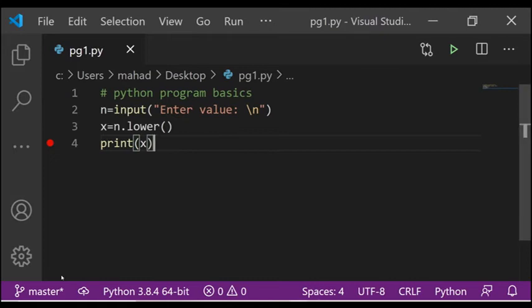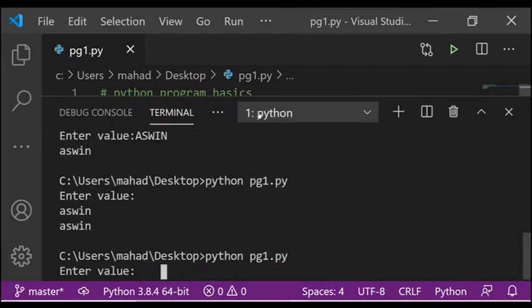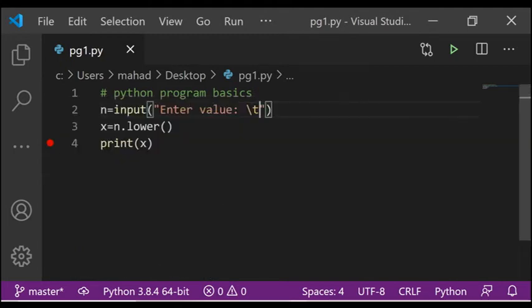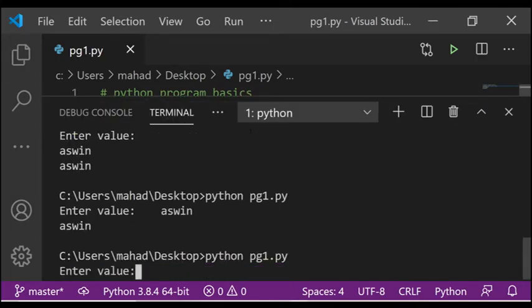So like \n, there is also \t which will tab a value. See, after enter the value there is a tab space here. This can be used in strings also. And \b is used for backspacing. I saved it and if I run it, of course my value got backspaced.